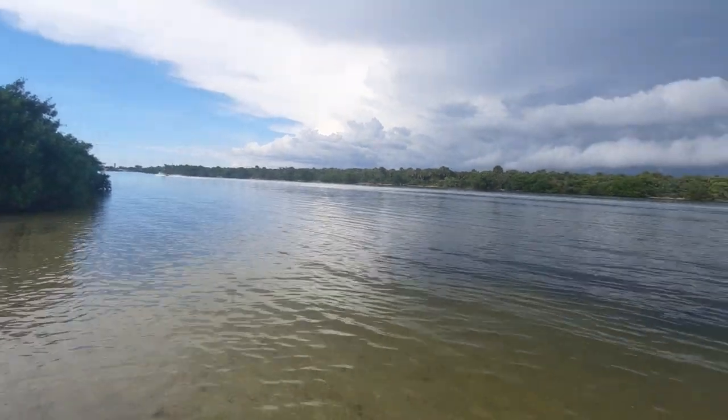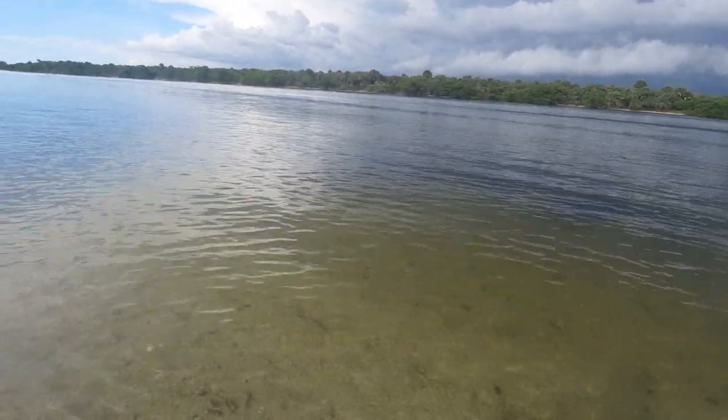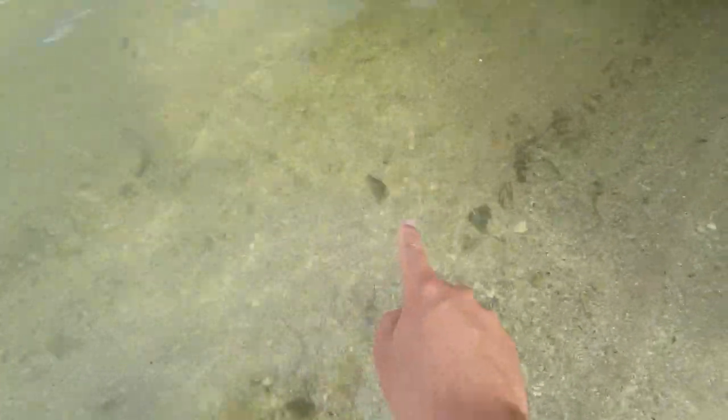So here we go. But before I jump into estuaries, I want to show you guys some fellow homies that I found while I was walking along the waters. You see these guys right down here? So like this one, that one, and some of these that are crawling along the sand here. You may be wondering what those are. Well,